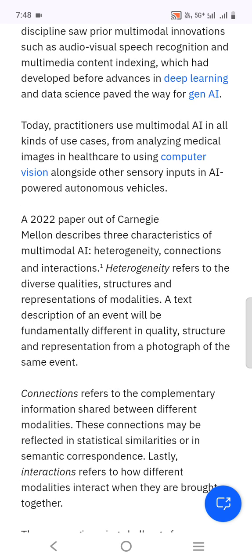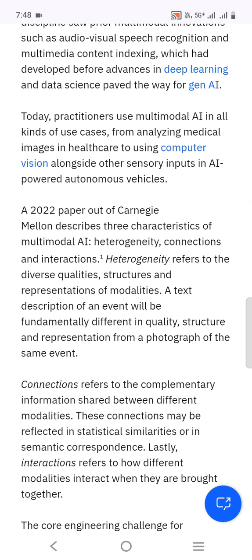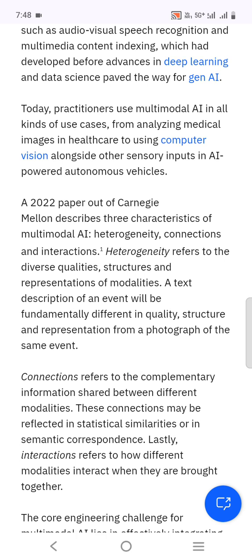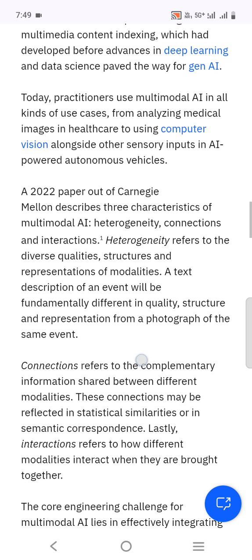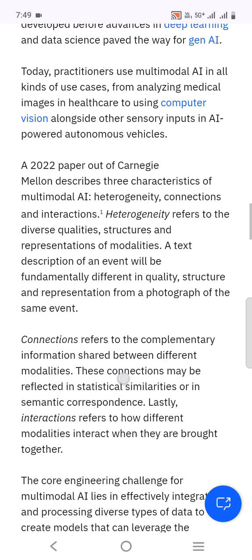Today, practitioners use multimodal AI in all kinds of use cases, from analyzing medical images in healthcare to using computer vision alongside other sensory inputs in AI-powered autonomous vehicles.